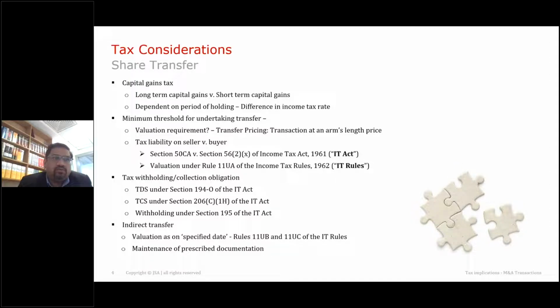The other two key important things that you should be mindful of are the relatively new sections of 194O and 206C1H, which basically says that if you're transacting in goods, then you may have to withhold or collect a tax of 0.1%. So please always check. They don't operate simultaneously. If 194O is applicable, 206C1H will not apply. But it has to be a mindful application of knowing exactly which section may apply, and then one would need to